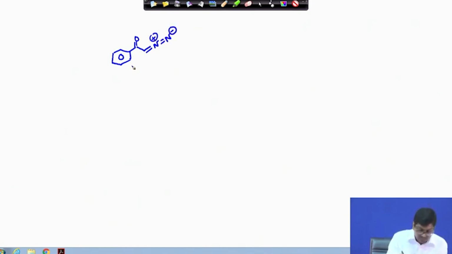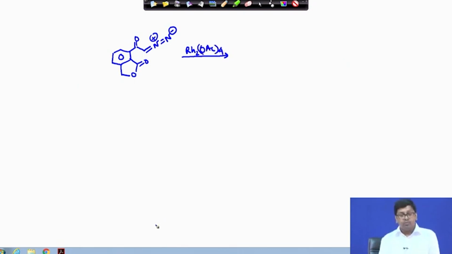okay. And now, we have this lactone moiety with it, and if we have this in presence of again rhodium 2 acetate, and we have this alkyne with us. Now, this alkyne can react with the corresponding ylide in an intermolecular way. Okay. So, now if we treat this with rhodium 2,